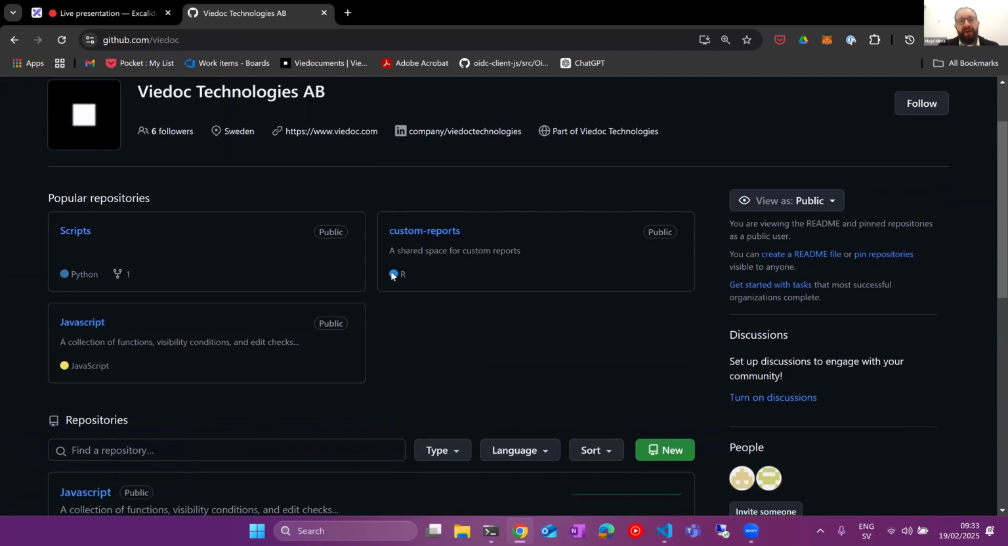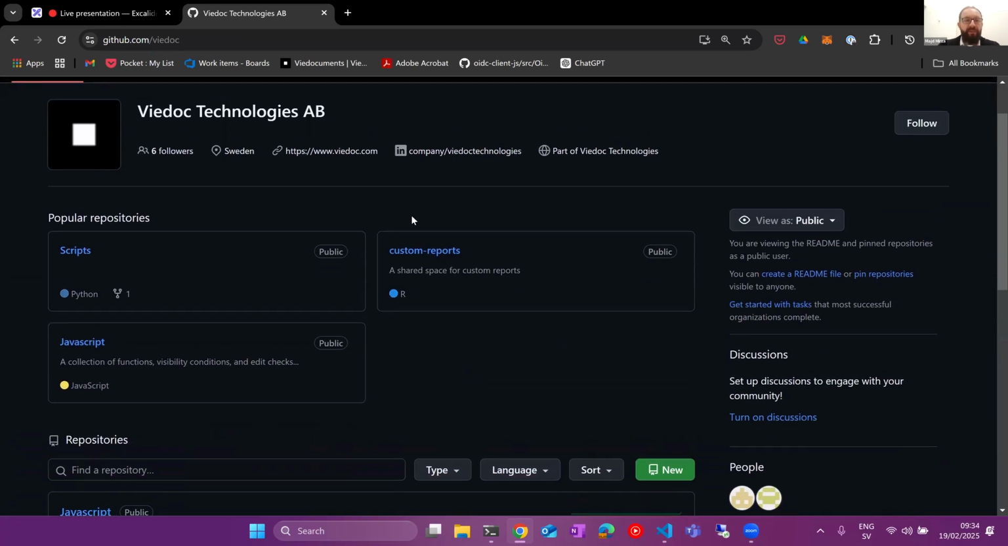So this was our Viedoc repository. It's again github.com/Viedoc. You don't need to be a programmer to use this. This is a normal web page. You can go in and start browsing the code, looking into the script, reading the README files, and then checking